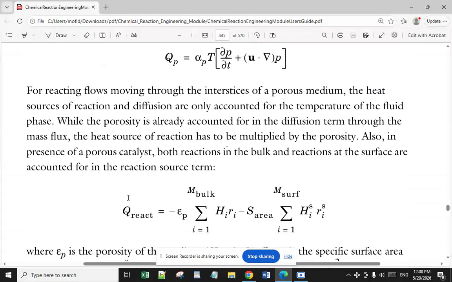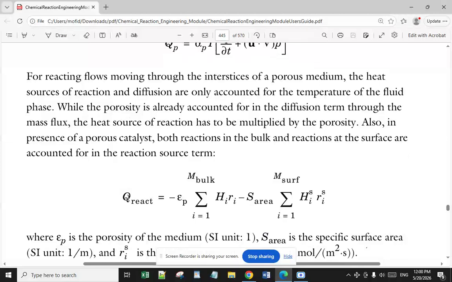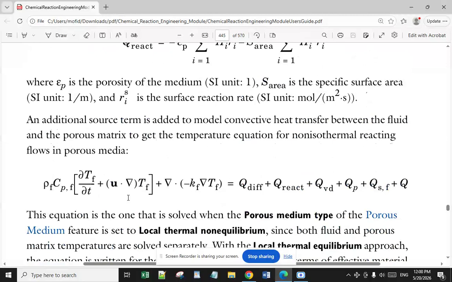For reacting fluids moving through the interstices of a porous medium, the heat sources of reaction and diffusion are only accounted for the temperature of the fluid phase, while the porosity is already accounted for in the diffusion term through the mass flux. The heat source of reaction has to be multiplied by the porosity. Also, in presence of a porous catalyst, both reactions in the bulk and reactions at the surface are accounted for in the reaction source term, where epsilon_p is the porosity of the medium, based